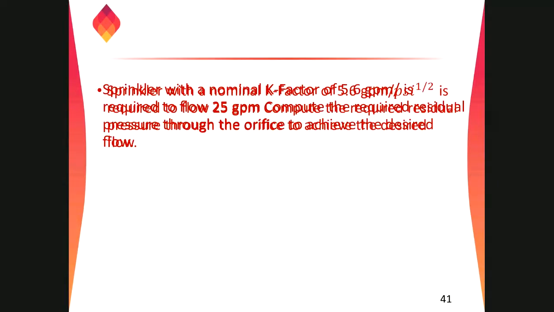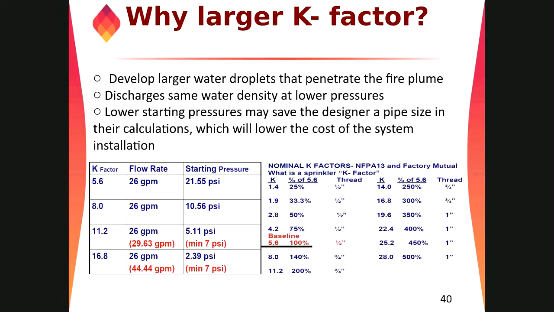Now, if you are installing 5.6 into a high challenge fire, let's say a rubber tire storage area, or group A plastics, the water will not be enough to fight the fire. So what will happen? While water is coming from the sprinkler system in case of fire, this is your fire area, and if water comes from the top, it will never reach the seat of the fire, the bottom of the fire.